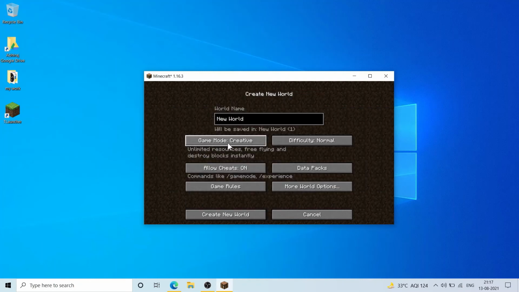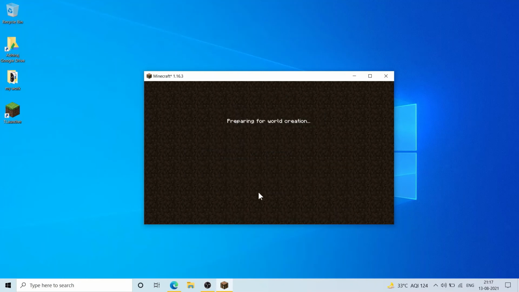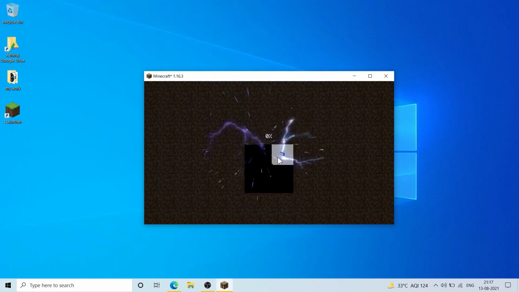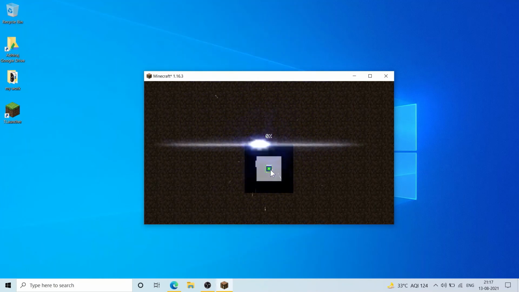Game mode creative, if you want to see all of the items. Preparing for world creation. Oh my god! It will take two hours more.